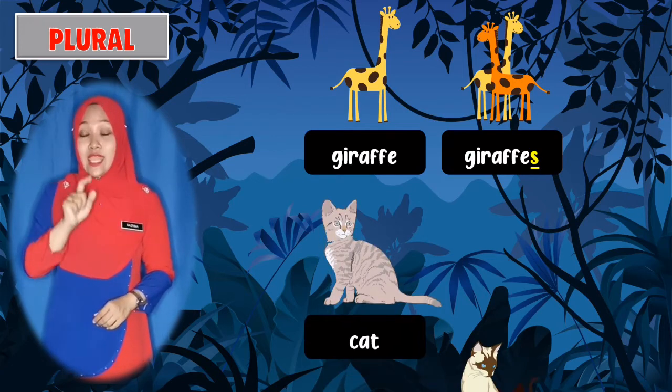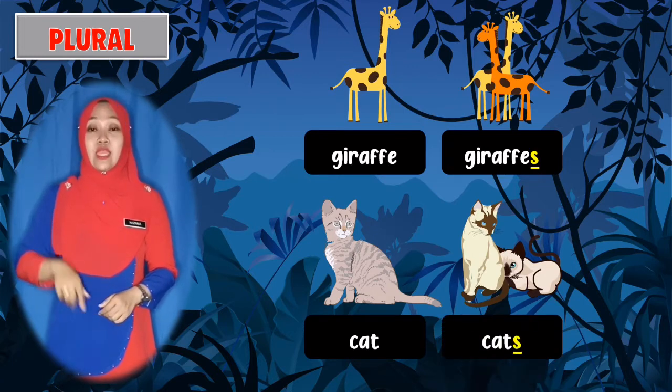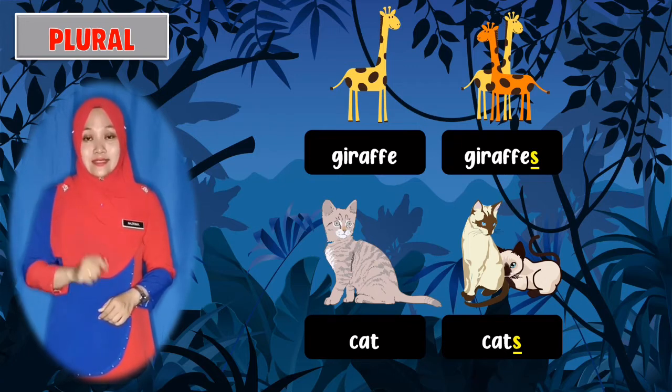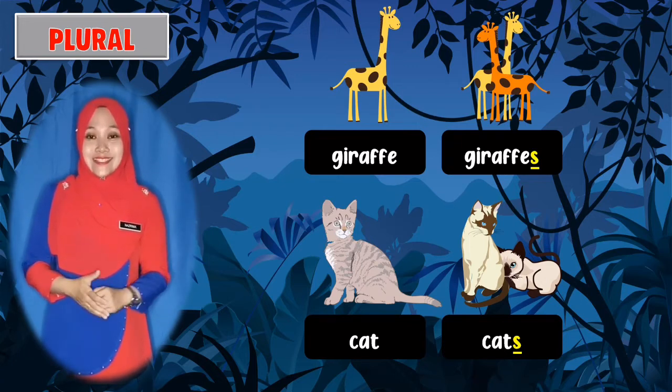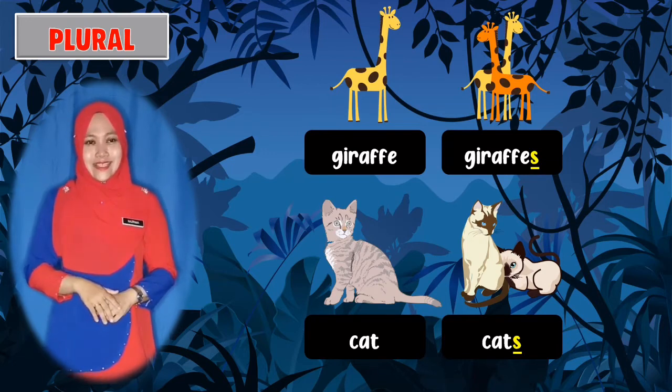Cat without s is singular. But to make it plural, we have to put s at the end of the animal's name, cat. It becomes cats. C-A-T-S. Number 3,